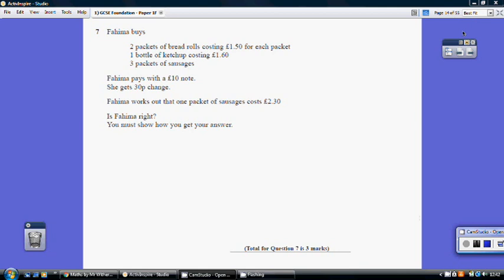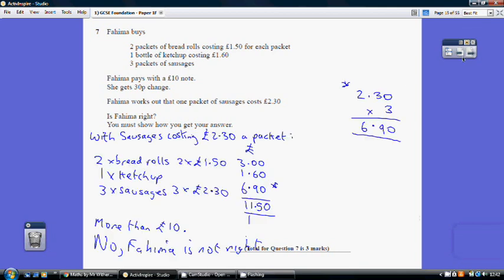Question 7. So, with sausages costing £2.30 a packet, let's assume that they cost £2.30 a packet. So we buy 2 lots of bread rolls, so that's 2 lots of £1.50, which is £3. We buy 1 bottle of ketchup, which is £1.60, and assuming the sausages cost £2.30 each, we need 3 lots